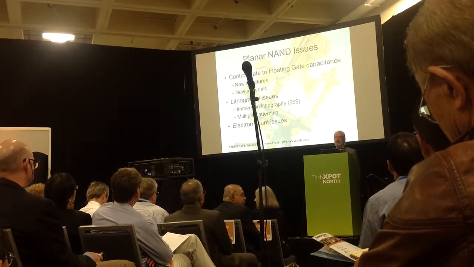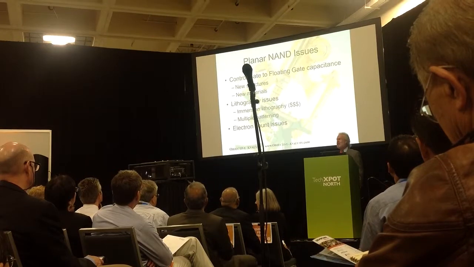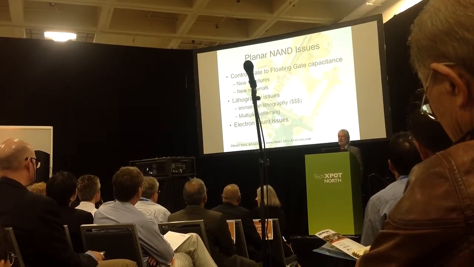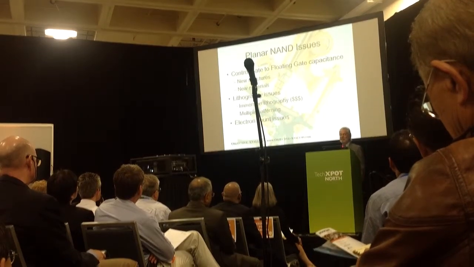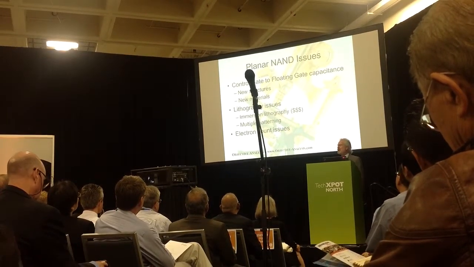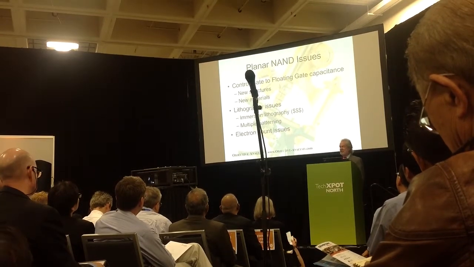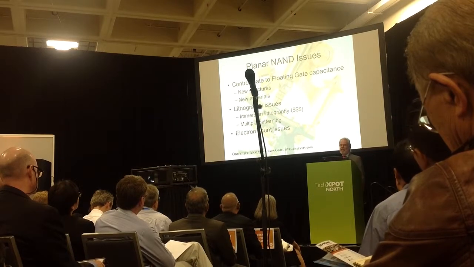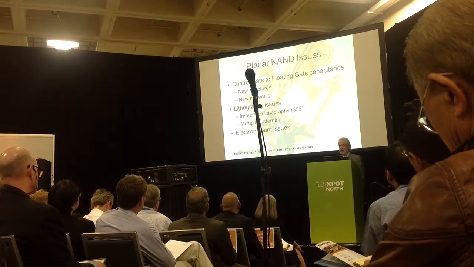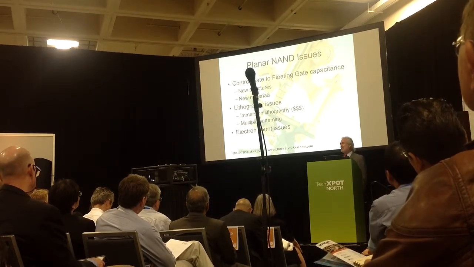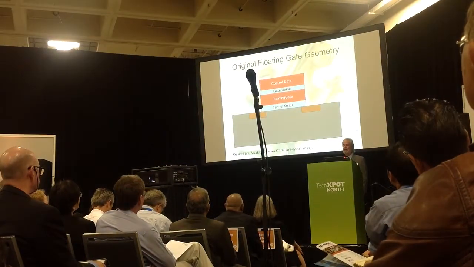So first we'll talk a little bit about what the issues are, and this is something that Naga talked about: we've got problems with the capacitance between control gates and floating gates that have driven us to go into new structures and also to use new materials. We've got lithography issues. Immersion lithography is a very expensive kind of technology, and as we go to EUV, it's going to be even more expensive. And multiple patterning, which is an expensive way to do patterning. And then finally, issues related to the number of electrons on a gate in NAND flash.